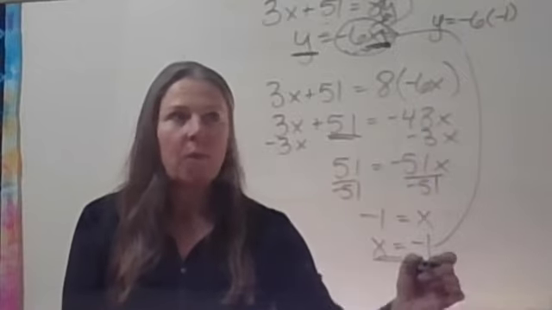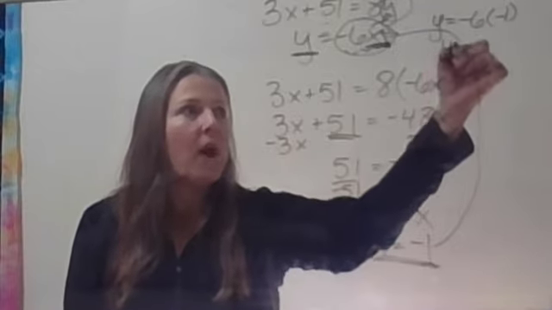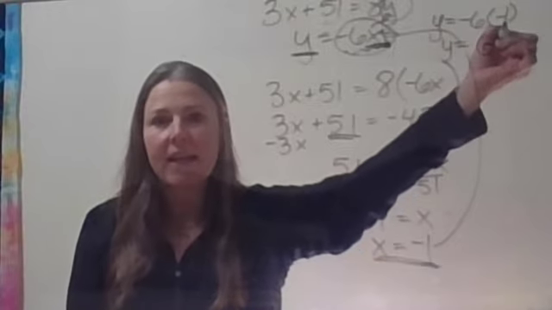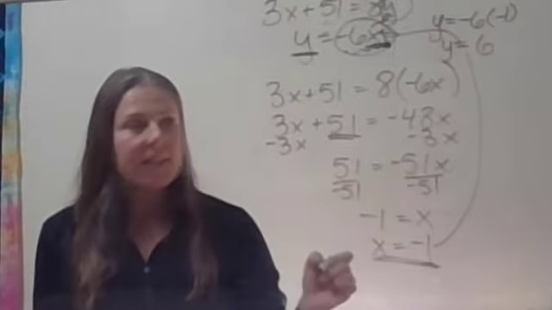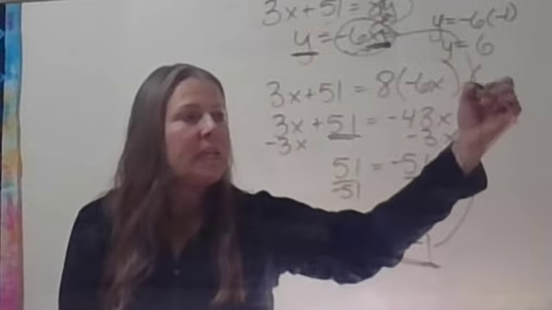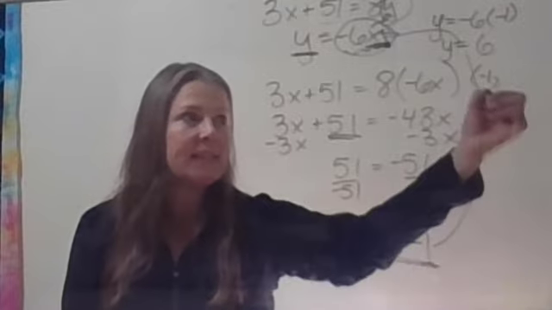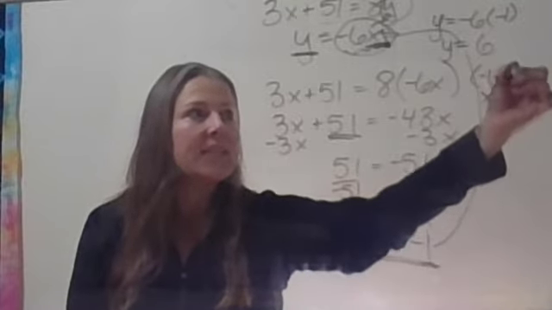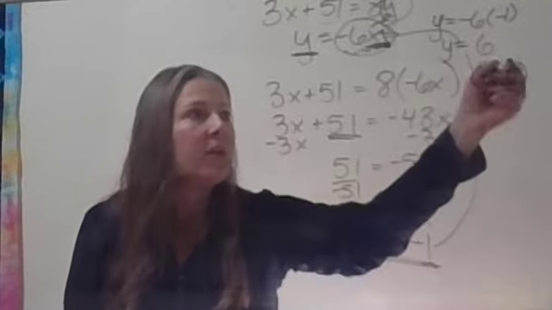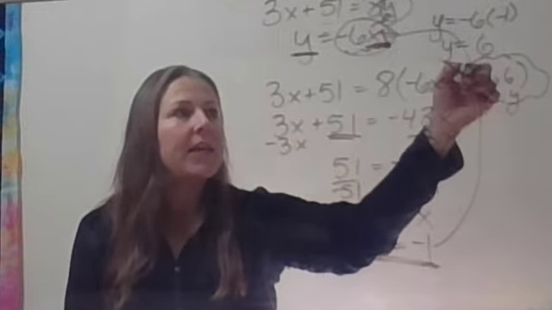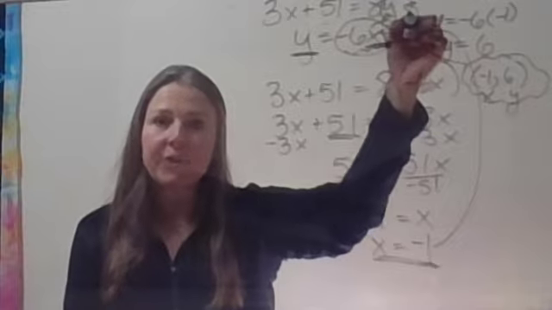X is -1. That's your substitution. So y is equal to +6. -6 times -1 is +6. So right now we're pretty certain the ordered pair solution is -1, that's the x value, and +6, that's the y value. So we're just going to check this to make sure by plugging it back into that first equation,